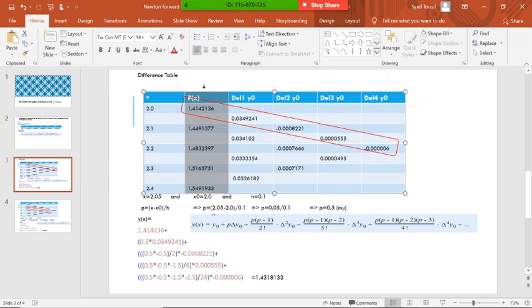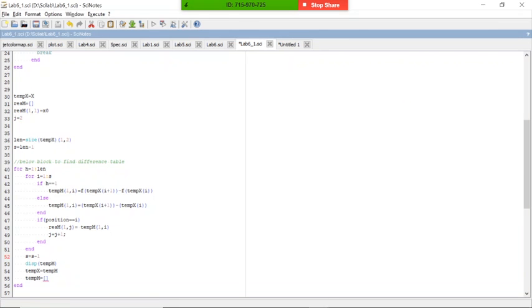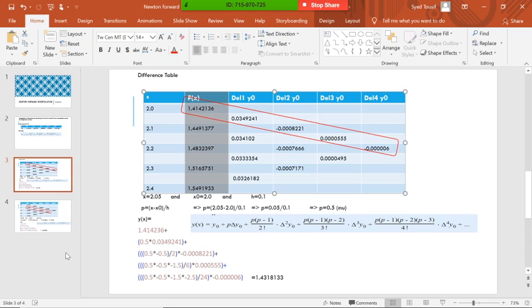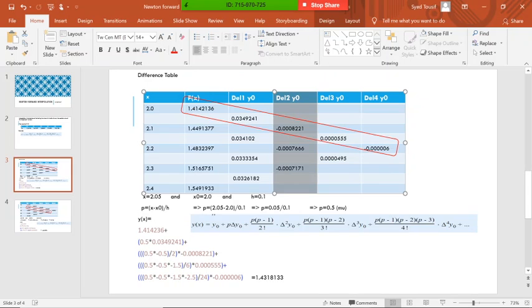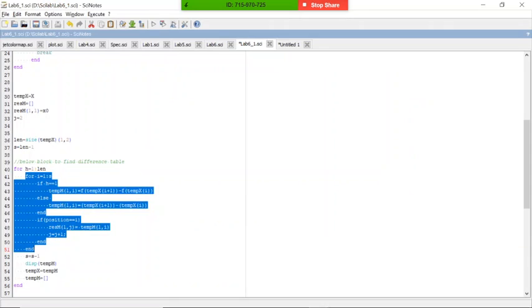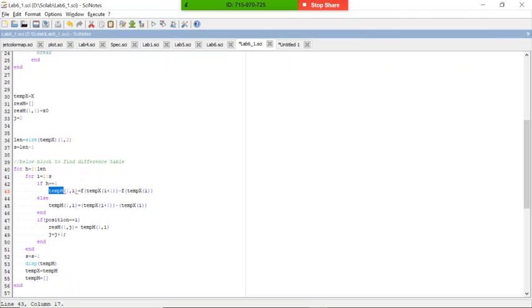You can check out here. We got 5 elements. In the next loop we're only going to get 4 elements. Because of that reason I'm making minus 1. For this one another minus 1 will happen. So this for loop we have done, and we have calculated this matrix, and that matrix is in the m.